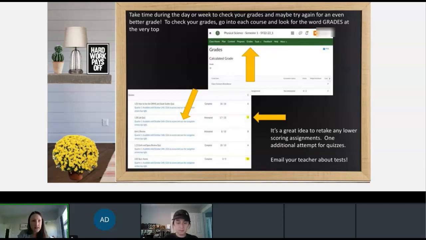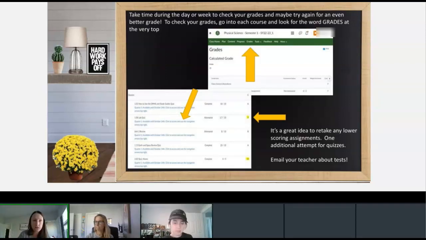That opens up your grade book, okay? So here are, and again, I apologize, this is so blurry, but your grades are listed here. So I've highlighted some lower grades. So this person got an F on something, and this person got a D on something. So this is like, he or she is saying, oh, I'm so glad I checked my grades. And you know what's really great about this year? Look how easy it is to retake it. All you do is go right next door to this little link here and click on it. Takes you to the lesson, you redo the lesson, you redo the quiz, and then bam, your grade's better, okay?